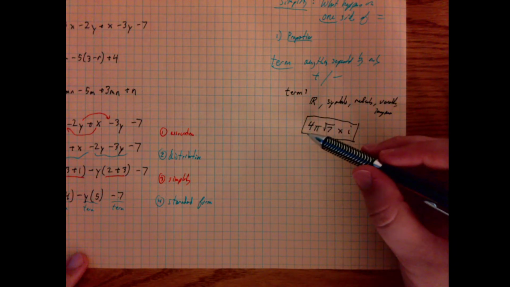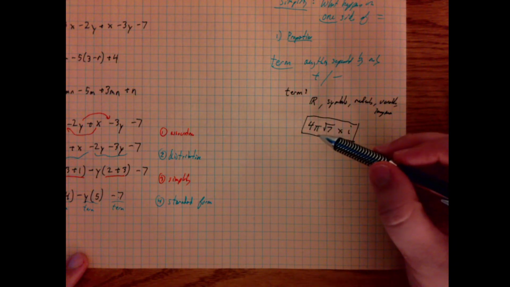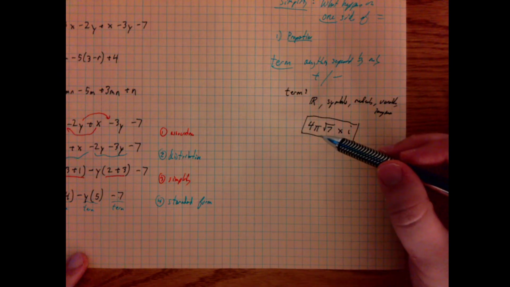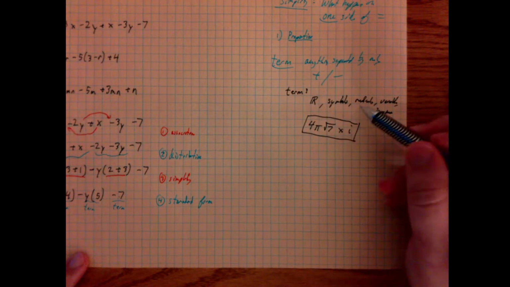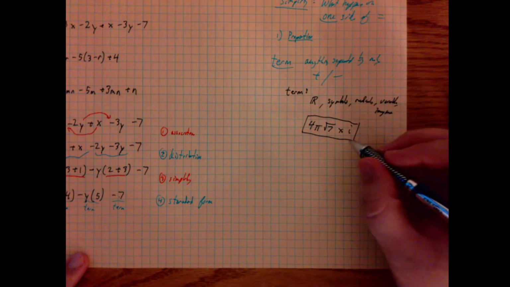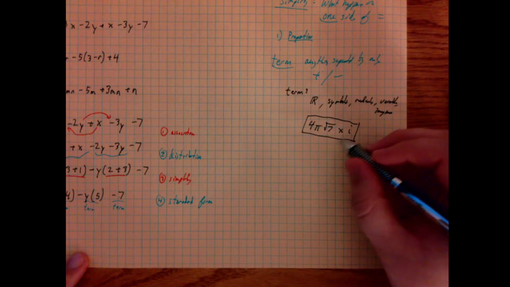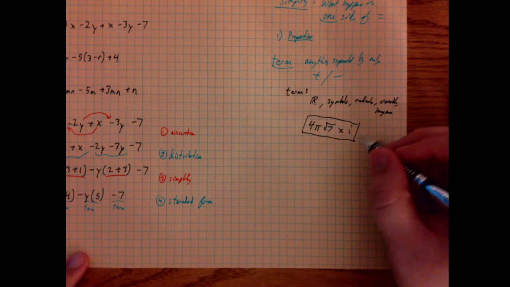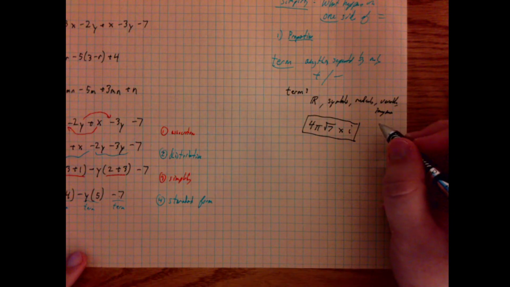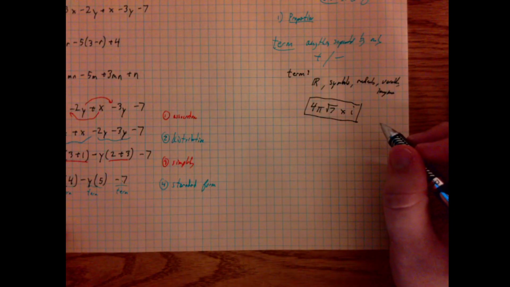We have the real numbers first, any symbols like pi's or deltas or phi's are second, any radicals should come third, variables typically come last, although there is an argument to make them before the radical. And then imaginaries always come last because people hate imaginaries. We put them last because we don't like them.